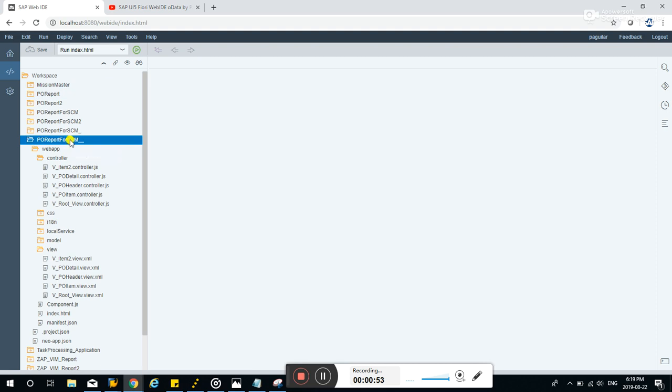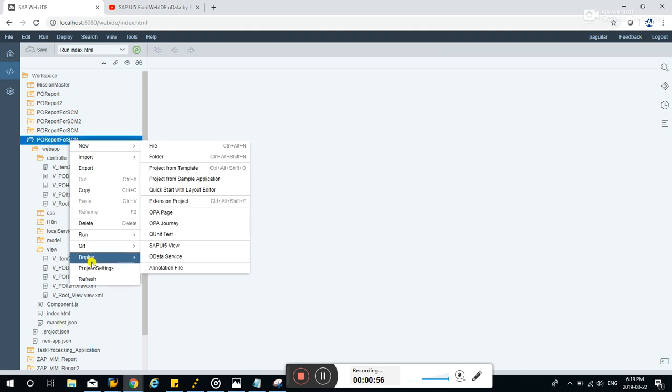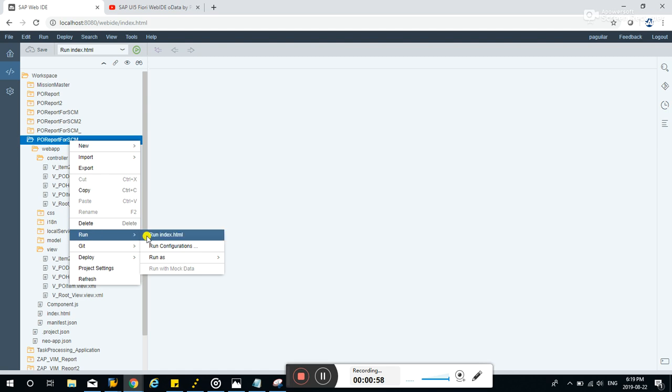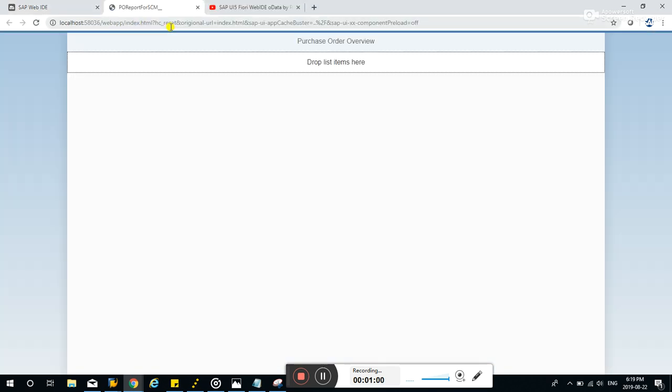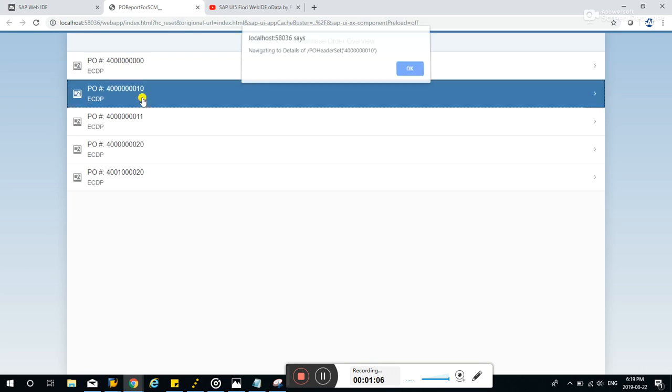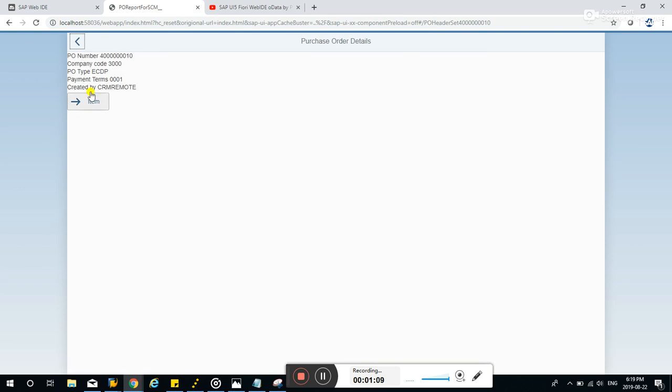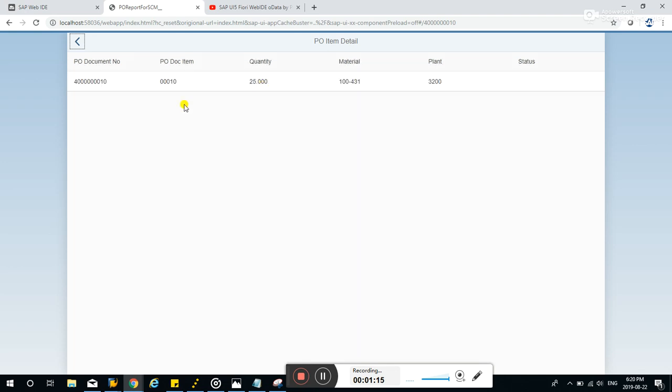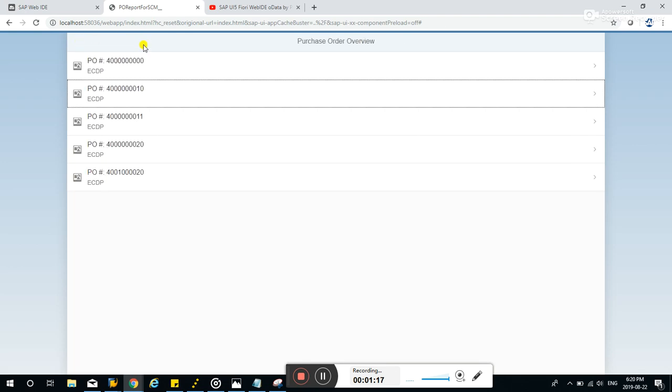So this is the application. If you run this one, it has three main views: the overview of the header, the header details, and the item details. Now what we're trying to do right now is add another view,